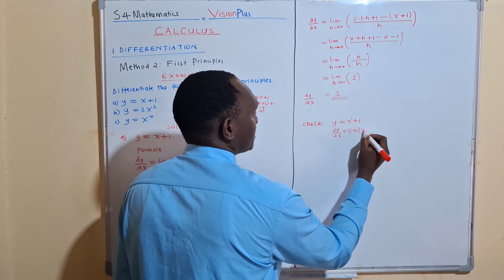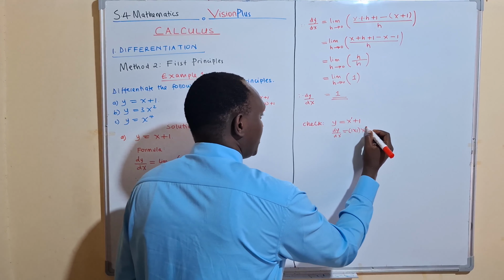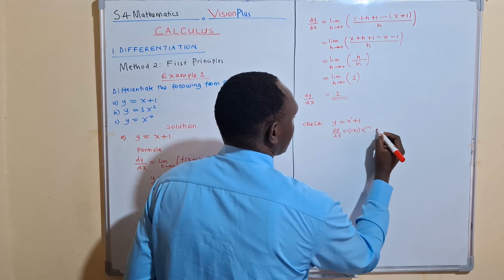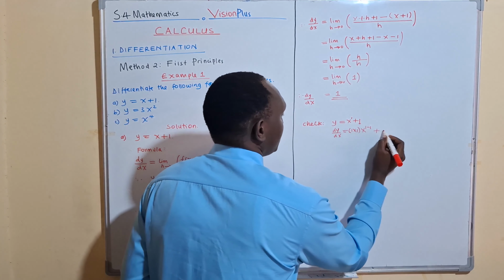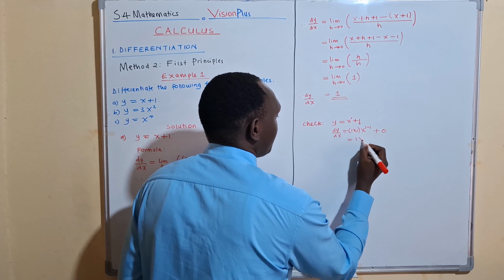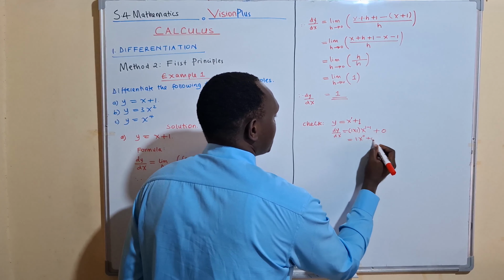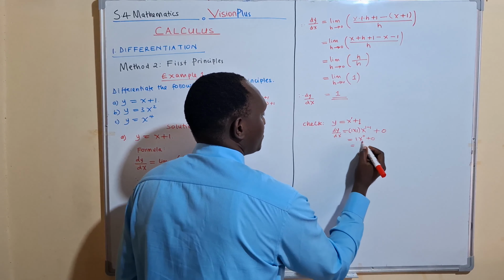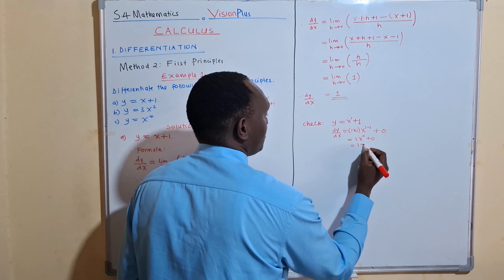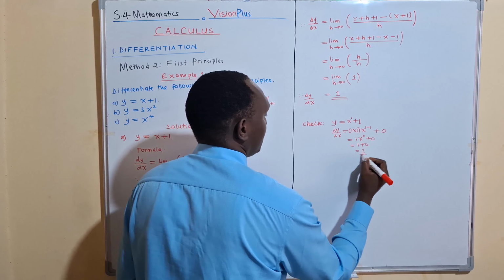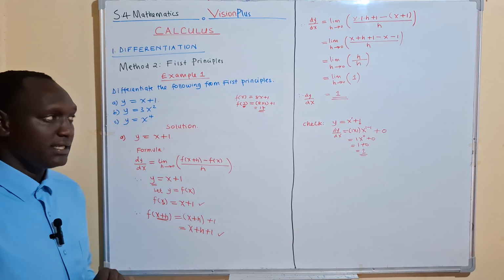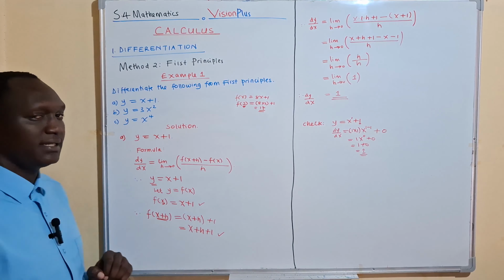Now, x, what is the new power? The new power becomes the old power minus 1. If we differentiate the constant 1, it gives us 0. That means here we shall have 1 times 1 is 1, x power 0, plus 0. Any number to power 0 is 1. 1 times 1 is 1 plus 0, which is 1. So our answer is correct. So that is the solution to part A. Let us go to